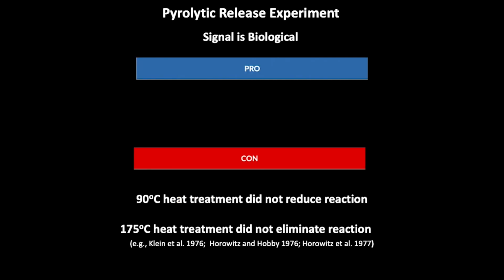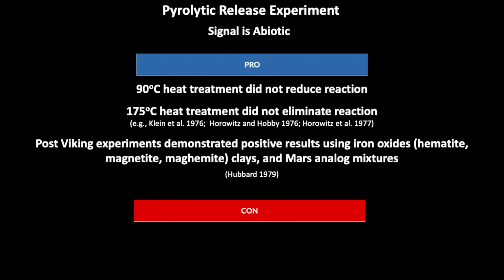If we consider whether the signal may be biological, the results show that heat treatment to 90 degrees C did not reduce the reaction, and heat treatment to 175 degrees C did not eliminate the reaction. If we consider whether the signal may be abiotic, the results show again that heat treatment at 90 degrees C did not reduce the reaction, and heat treatment at 175 degrees C did not eliminate the reaction. Additionally, post-Viking experiments demonstrated positive results using iron oxides, clays, and Mars analog mixtures, indicating that the Viking pyrolytic release